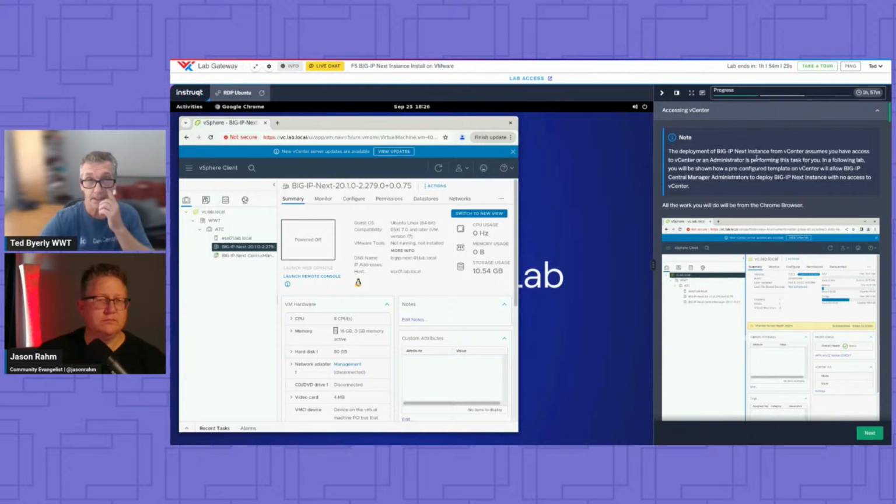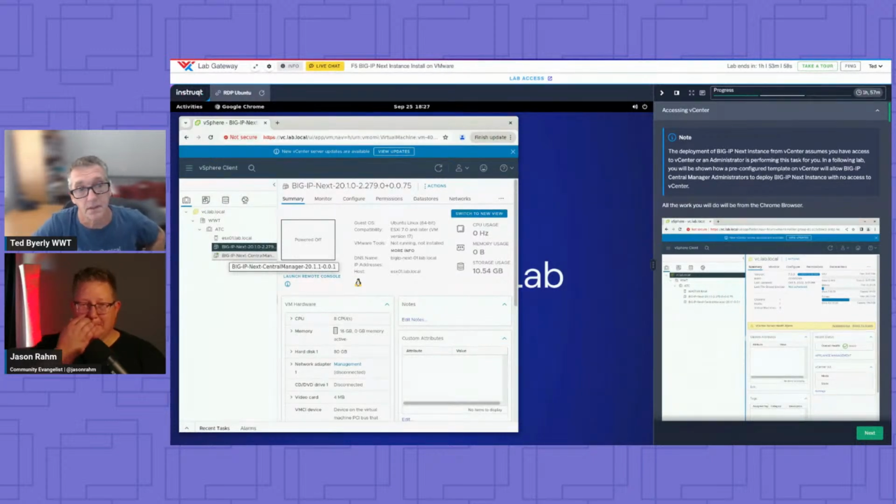And here's a big note where we're going to talk about how this deployment would be for your BIG-IP administrator and your VMware administrators to talk or hear. If you're a BIG-IP guy, do you have access to vSphere or not? And if you did, you could do it this way. There's a follow-on lab after this that will talk about that. Once you can set up some templates in here, you could do the deployments from Central Manager, which we'll touch on, and a follow-on lab's already published, like I said.